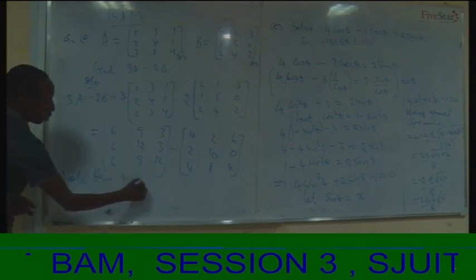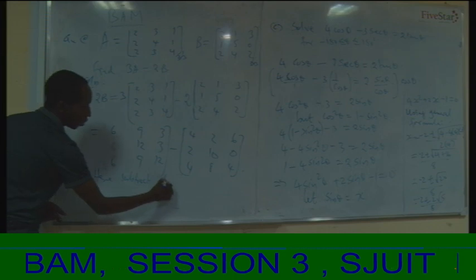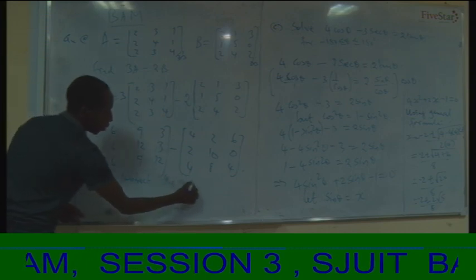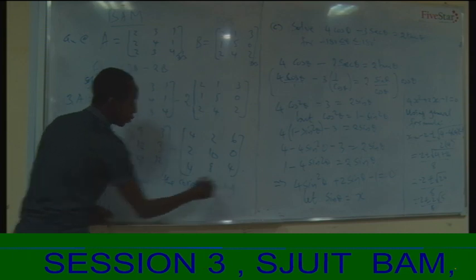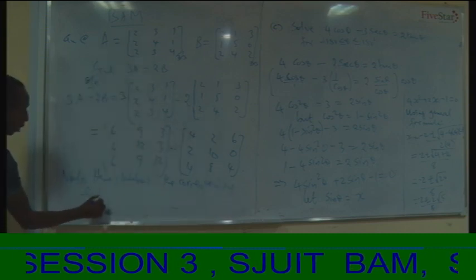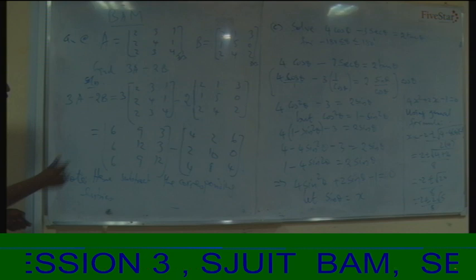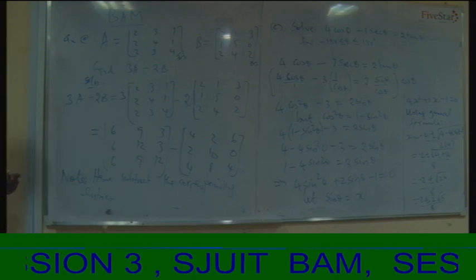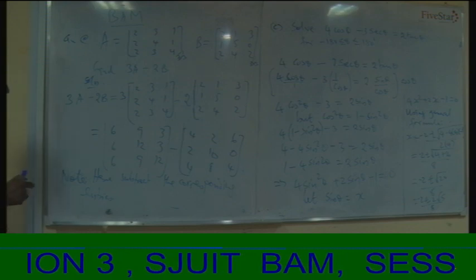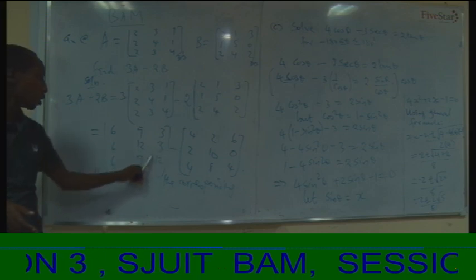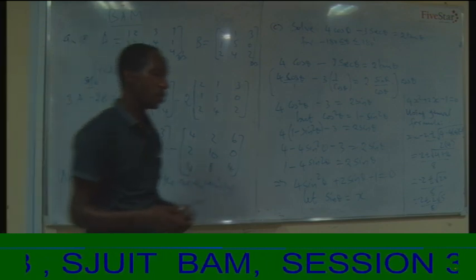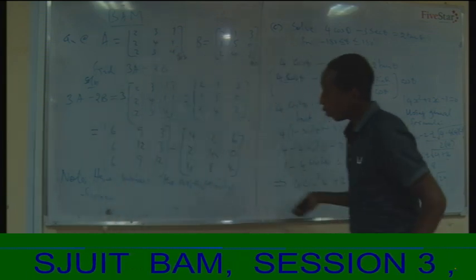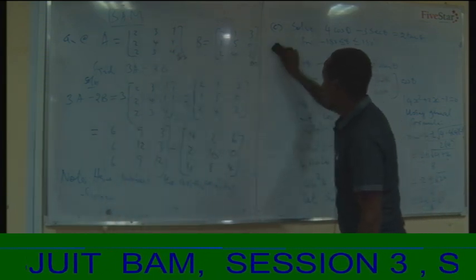Subtract the corresponding entries. These members of a matrix are normally called entries. So what we do, we just subtract the corresponding entries, which means if we take the last entry of the first matrix and the last entry of the second matrix and so on. So doing so, we'll get our answer as